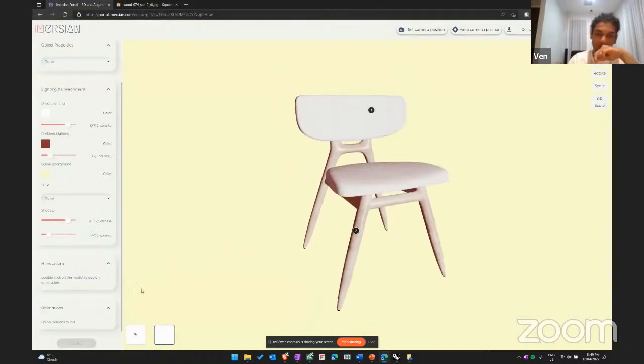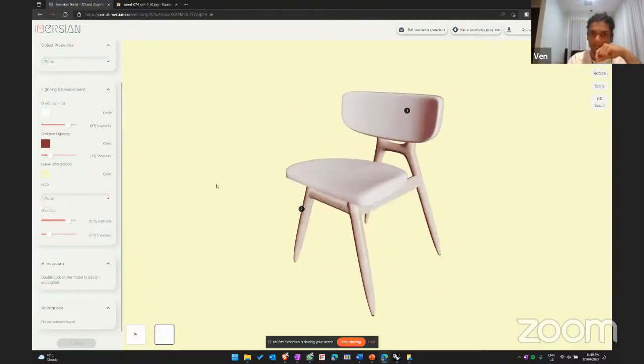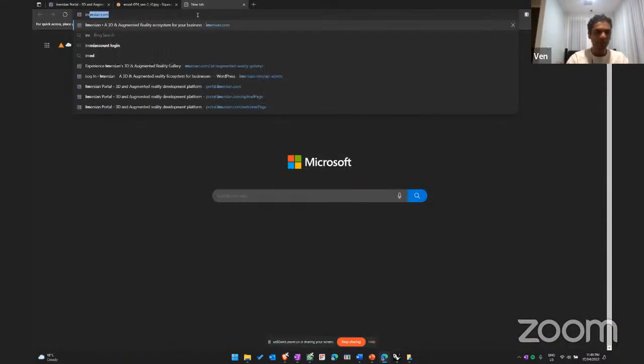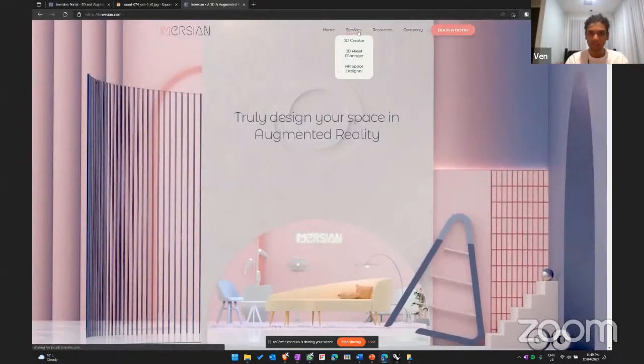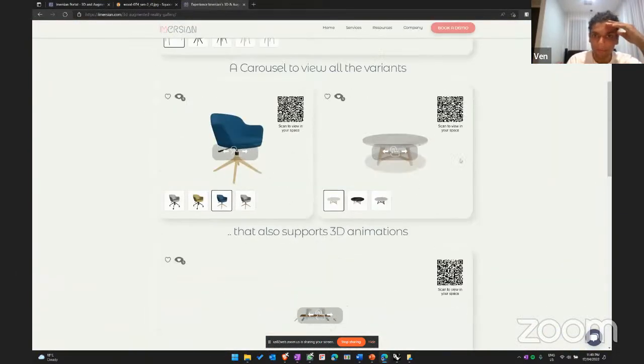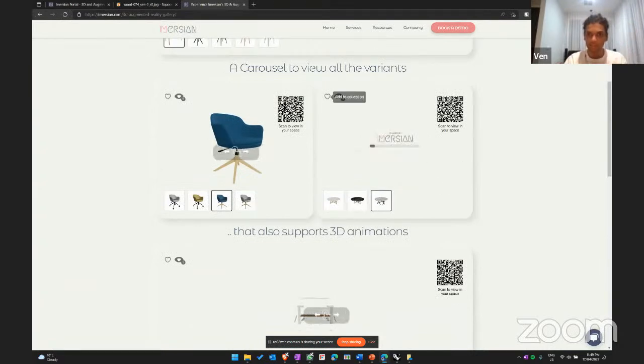Animations: if you have already set up animations on your Blender files or all the riggings, they'll automatically be imported and you'll be able to see your animations. So I think I should have gone through this first, but essentially where we're going towards is something along these lines, where you're able to publish 3D assets on the web and flick through different variants, have a QR code that you can scan and open up on your mobile browser and view them in 3D and AR